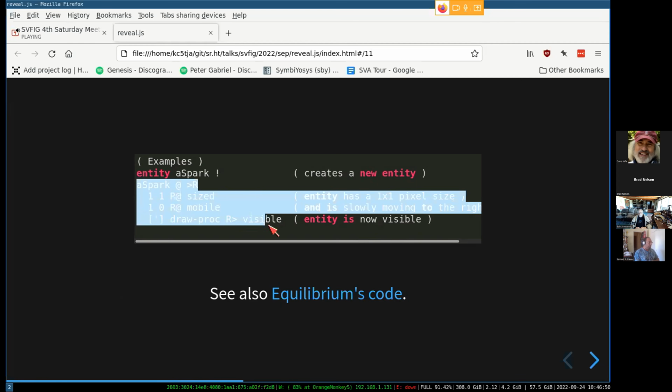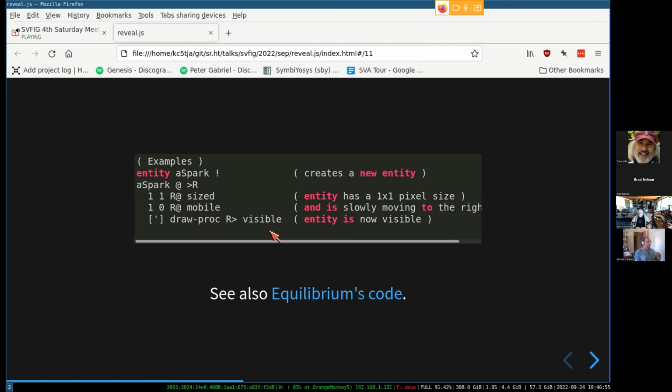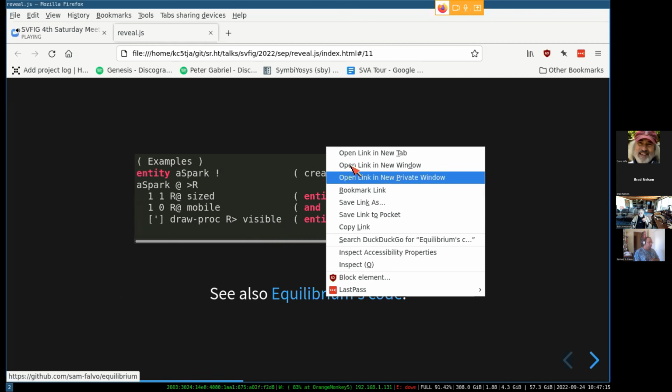And then, in this block here, you configure attributes about what this entity is, right? So here we're saying it's sized, it's mobile, and it's visible, right? So from this, we can clearly see that this is something that the user can react to, if not interact with, right? I'll just quickly bring up